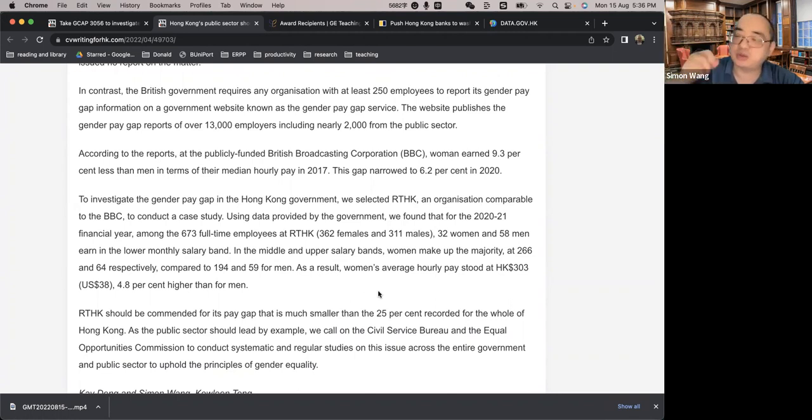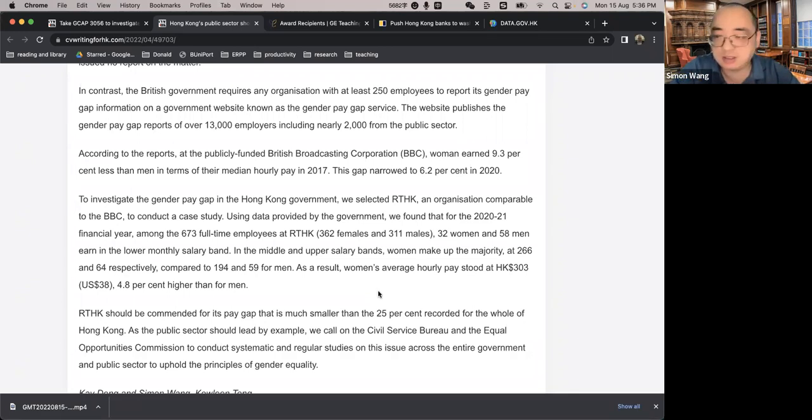So there's the 0.0 all the way to 0.49 or something. So we asked RTHK, Radio Television Hong Kong, to provide the data in terms of the number of male and female staff members at each scale level, so we can do a quick math and calculate the gender pay gap. All right, so that's what we did, and this is an important point I want to make here: we could request information that's not publicly available under the Code on Access to Information. That would enable us to develop a very interesting and insightful argument about this issue.